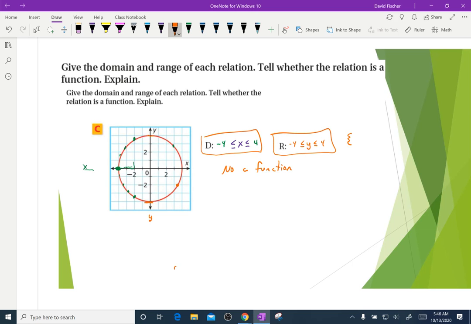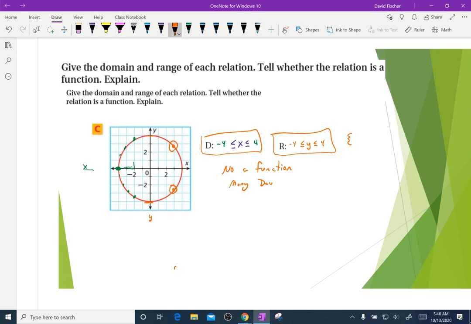because I see, if I look up and down, my x value of, let's say, 3, let's go with 3 right here, which is right here. I have a y value of 1 to negative 2 point something, but I also have a y value up here of 2 point something. So my x has 2 y values. And on this one, because it's a continuous graph, instead of listing them all, because there's infinity, you can say many